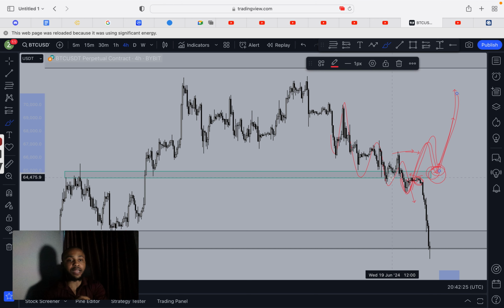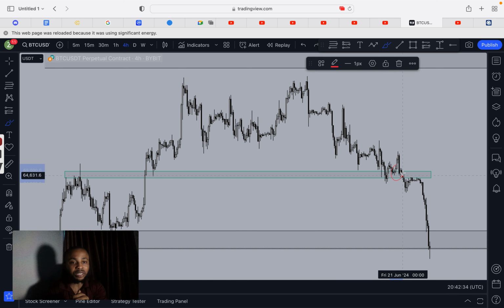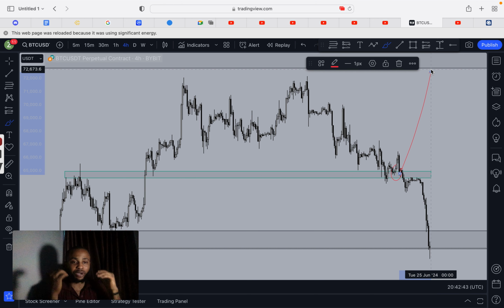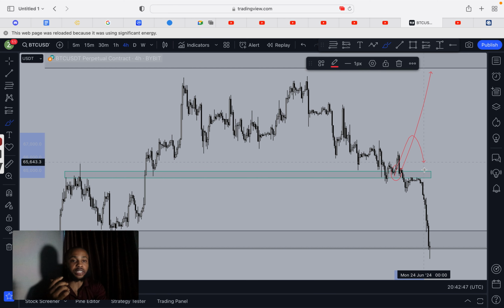But at this point here, remember I told you guys that sometimes the market can just get to this point, and once it gets to this point, it's not even going to want to do anything. It will just boom, it will just take off from there. It will not allow anybody to enter. It will not even allow you to think, or wait for market structure to change and get back. It will not do any of that. It's just going to take off. So that was the reason why I went in with like 0.5% of my account here.